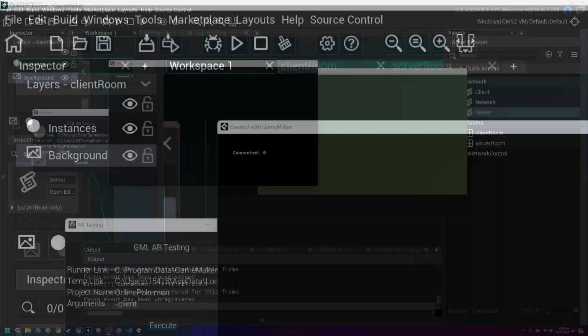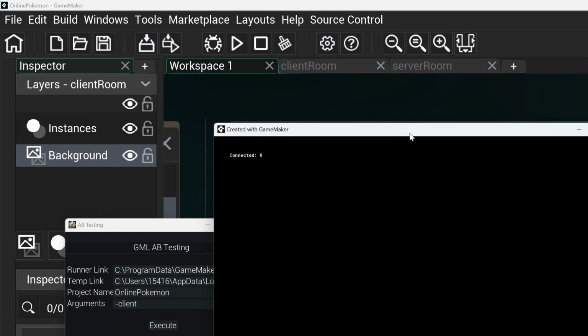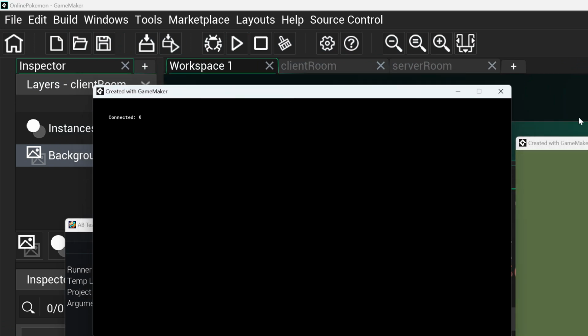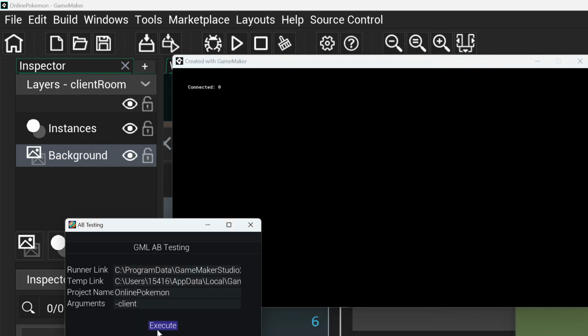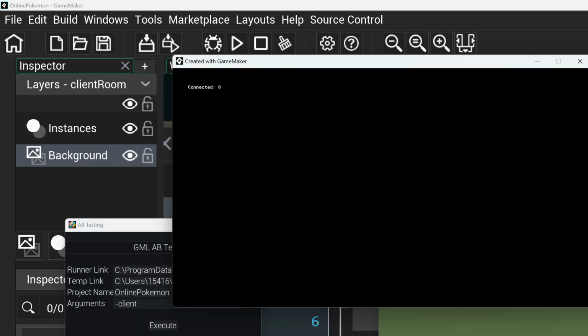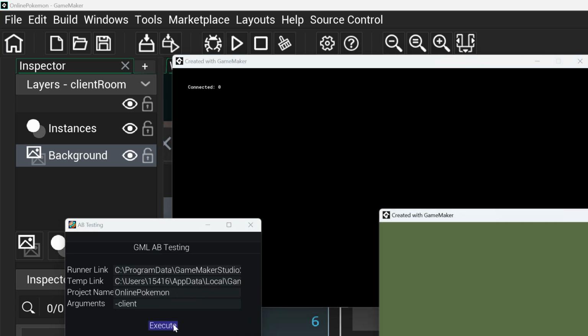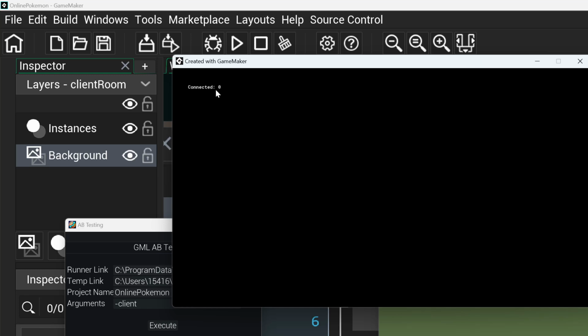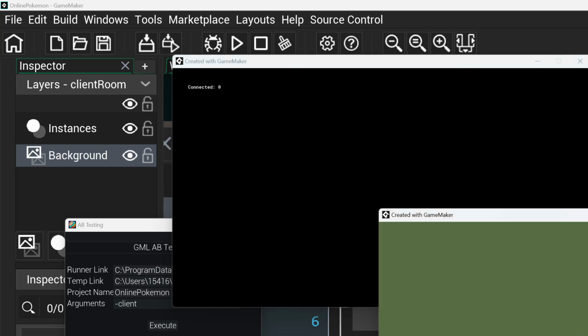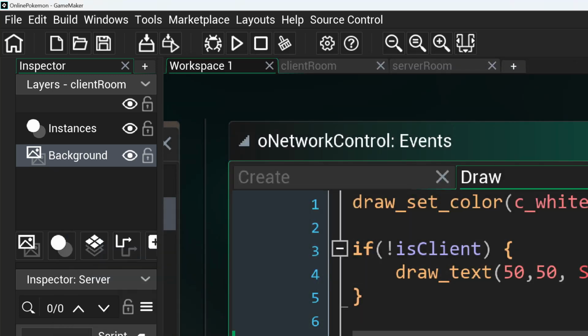I can probably show you a little better. Man, it's so small, such tiny text. But yes, we connected to 0. And if I were to execute it again, it didn't update. That's a little strange to me. I would have expected something to happen. There's no bugs. Not bugs, but there's no errors being displayed. So that's always fun, isn't it? When, you know, it stops drawing. I would assume that it should have